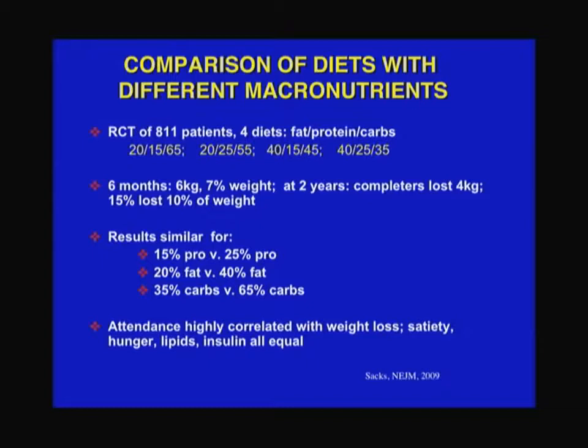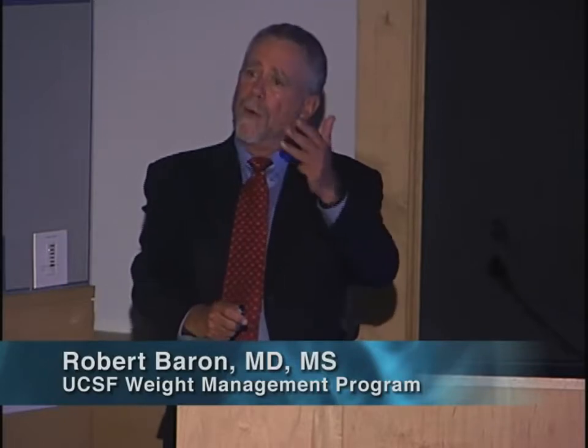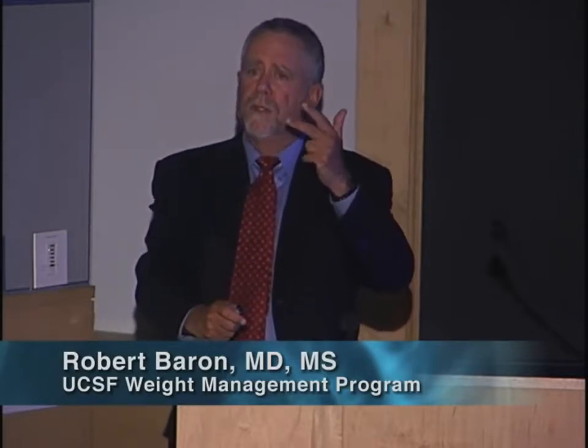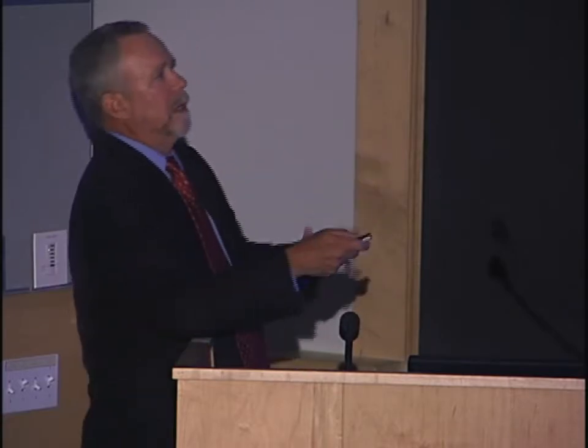This was a new study, a little bigger than some of the others. They put patients in 4 different groups, and what you see here on either side of these slashes are the fat, protein, and carbohydrates in the diet. Remember, there are only 4 ways you get calories out of food: fat, carbohydrates, protein, and alcohol. So these are people who are not on alcohol. So now we're down to 3.